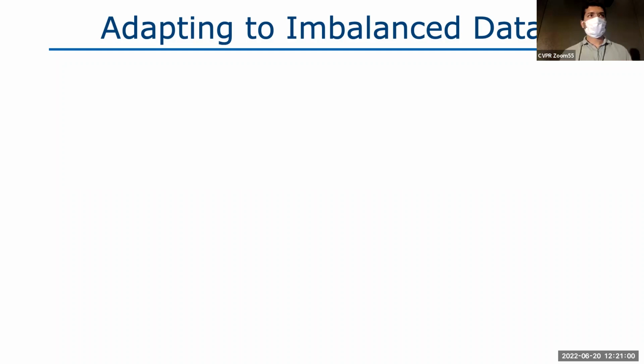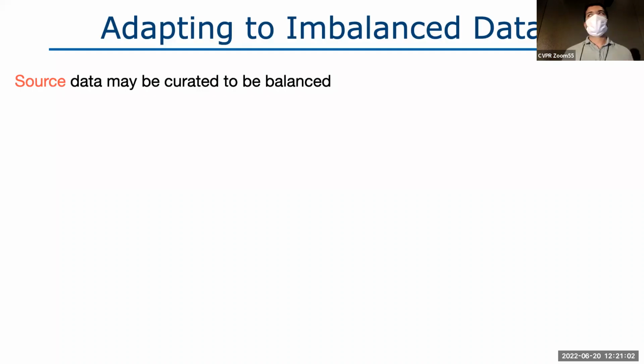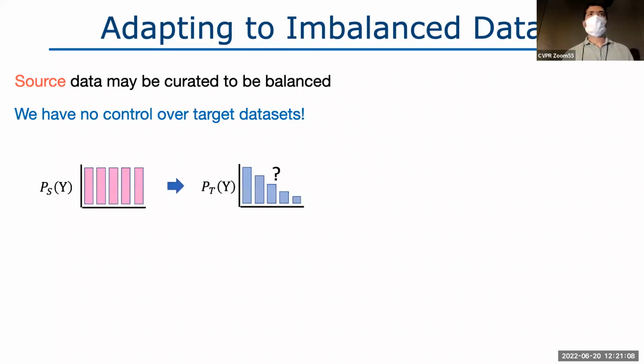So in the real world, as you mentioned, you may be able to curate your source data sets to, say, have a balanced label distribution, but we really don't have any control over the target data set. And in fact, many real image data sets, as shown on the right, tend to have a long